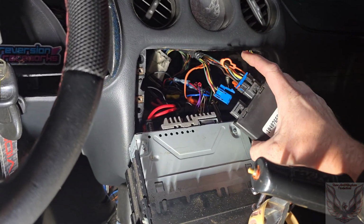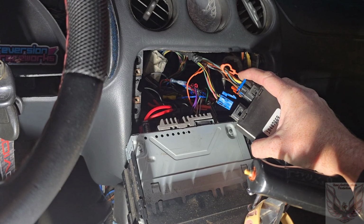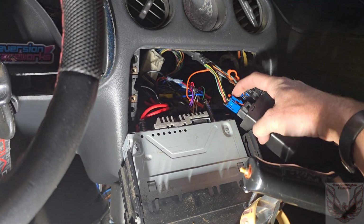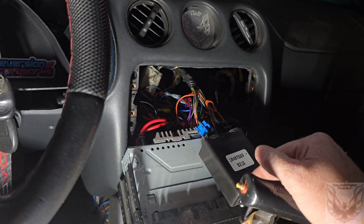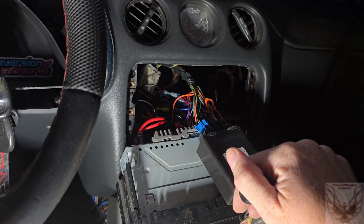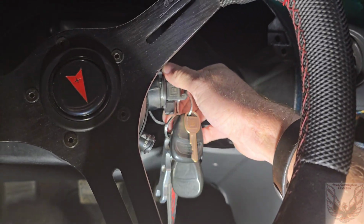I forgot to turn the key off by accident. Plugged this one in, and everything started working fine. Perfectly fine. Like, literally everything. Plug this one in, as soon as it made contact, it freaked everything out. So I just left the key on and everything. Unplugged this one. I'm leaving it unplugged. I'm going to tape that off, but